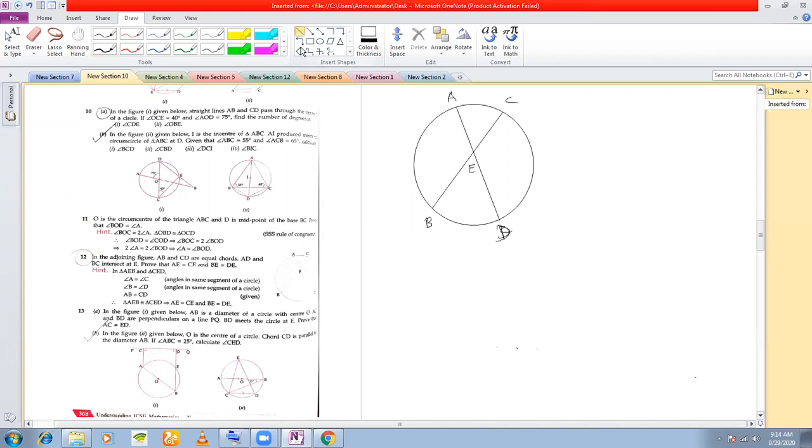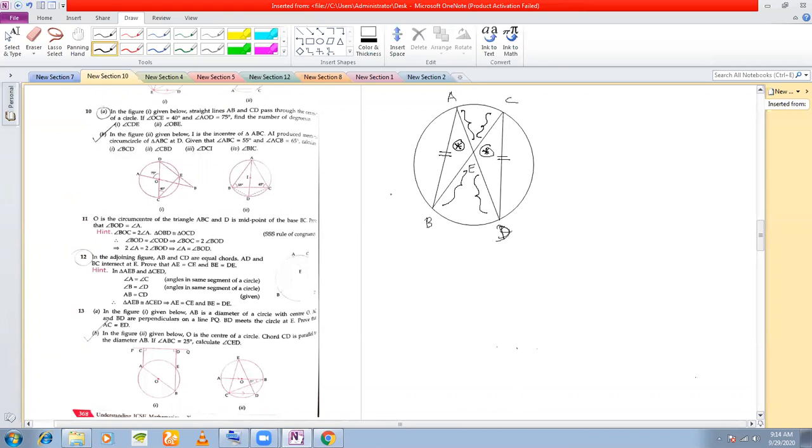And these two are, I think, also joined. These two also joined here. AB and CD are equal chords, so these two are given to be equal chords. Prove that AE is equal to CE. That means you have to prove that this side is equal to this side. And what else? BE is equal to DE. This is equal to this. So how will you prove? The best way is to prove that these two triangles are congruent.